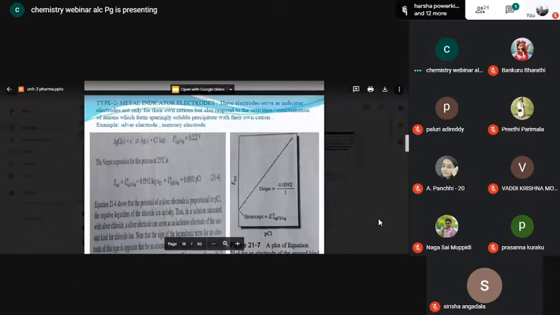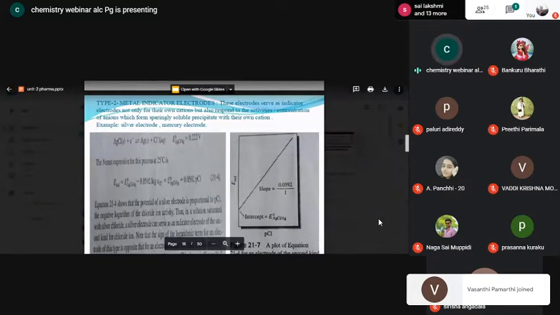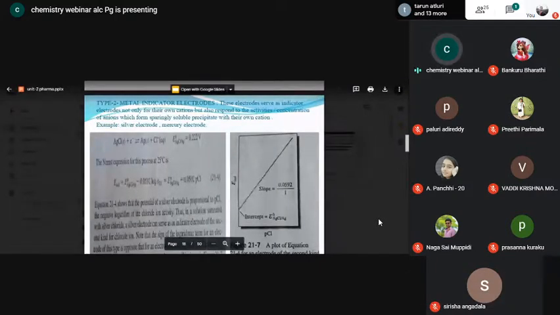This is a very interesting case. Now the silver chloride is a sparingly soluble precipitate. I did not use the word that AgCl is an insoluble precipitate. Did I use it? I have used the term sparingly soluble precipitate. That means what is going to happen? There is every possibility for the silver chloride precipitate to undergo solubilization or to dissolve to a certain extent, or there is every possibility for AgCl precipitate to undergo dissociation to a small extent. That is the meaning of the sparingly soluble salt.